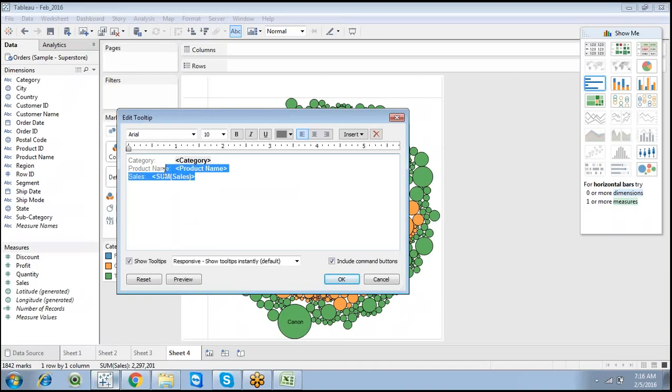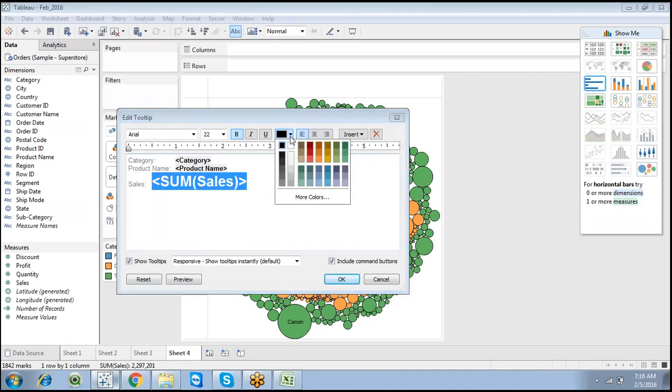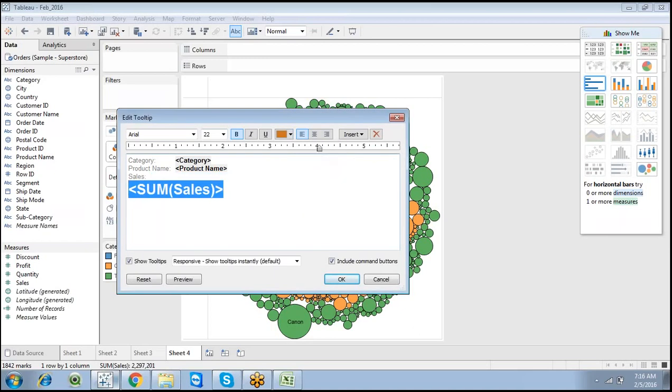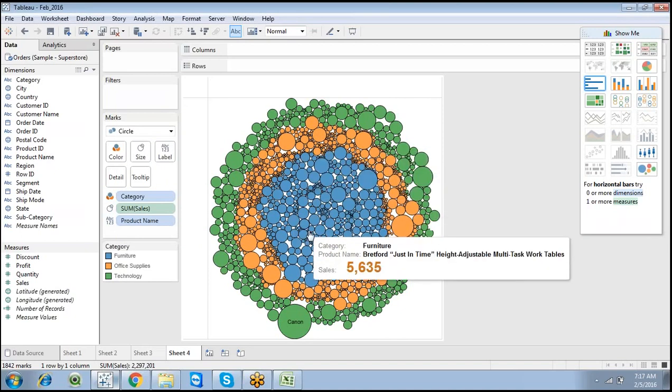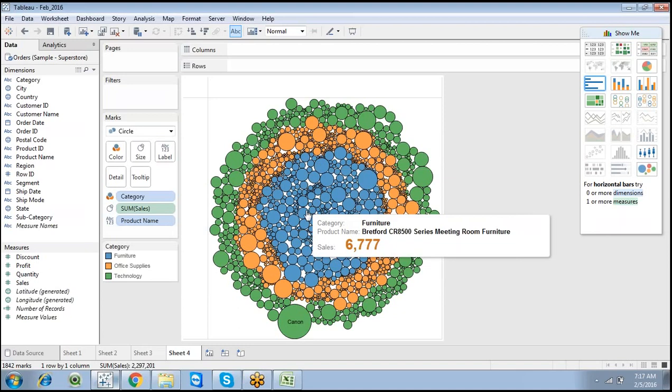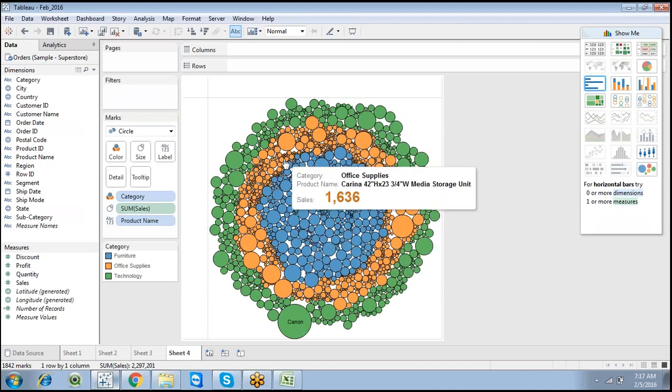My requirement is to showcase sales, click on bold. It's already bold, I want to increase the size of the sales and apply some color, right? Click on delete, and apply some color. So click OK. Now you can see it is more clear.